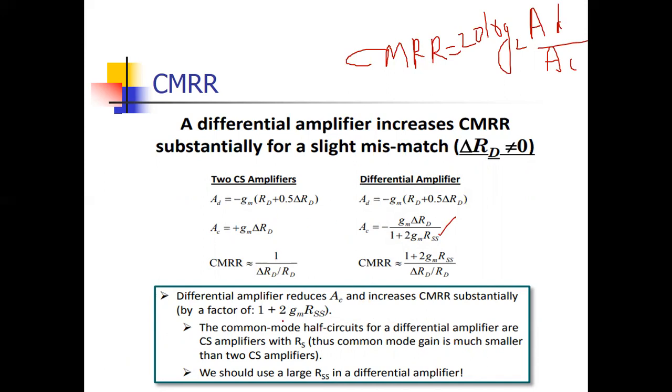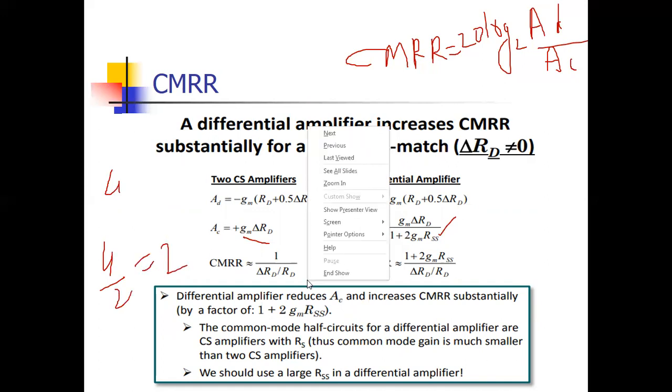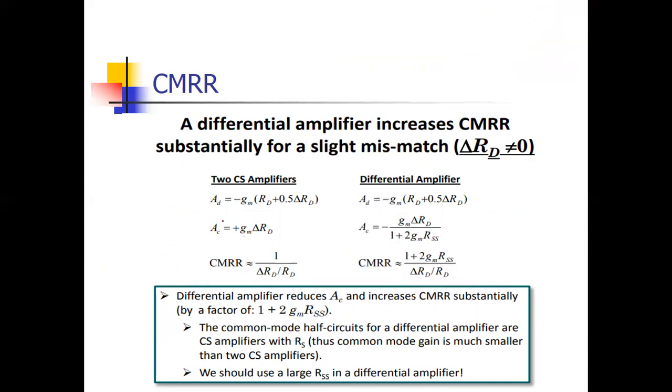So the differential amplifier reduces the common mode signal. Means if something is divided by anything, that ratio becomes less. Suppose AC is 4. Now you are dividing it by 2, so it becomes 2. Simply, the common mode gain, which is undesirable and denotes the noise, is reducing. So that's why the differential amplifier is very much popular.